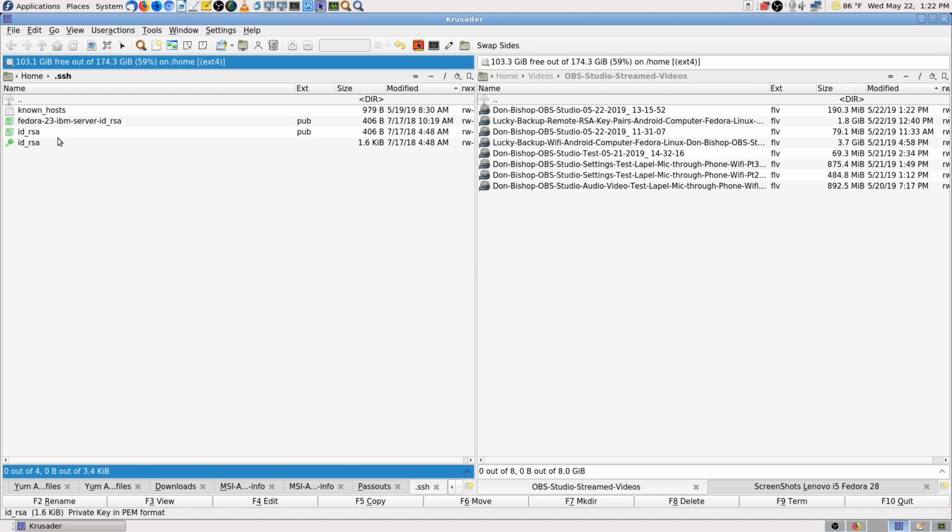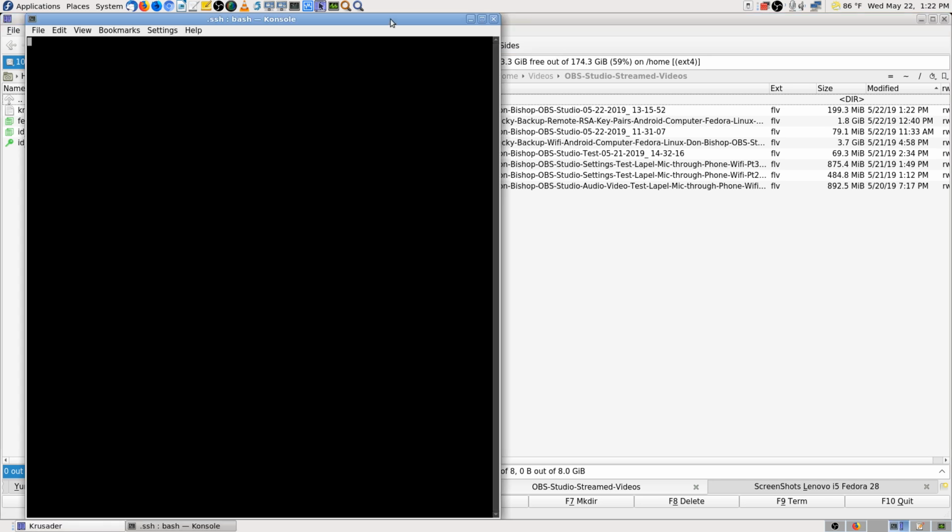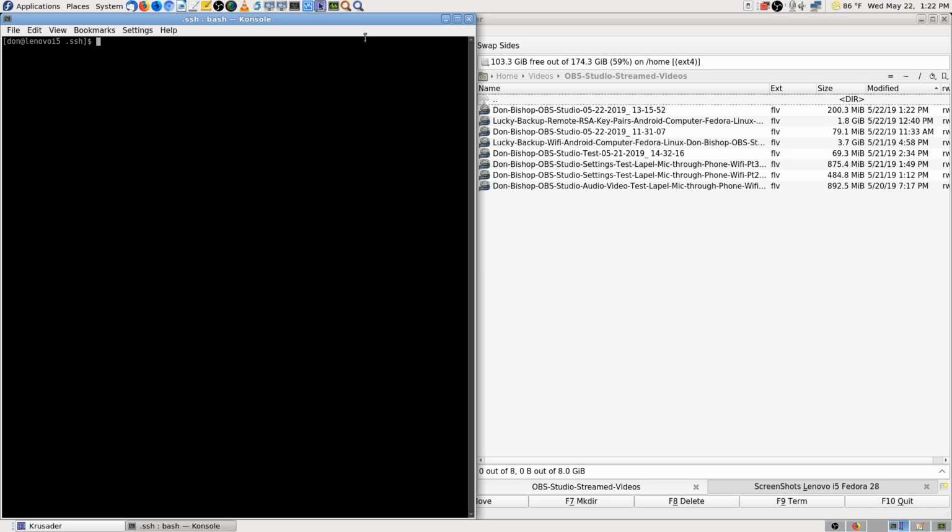I will need to copy my public key over to the phone. That's one of the other things I'll be needing to do. But yeah, I think I'll just open up my terminal in this folder, and then see in the Crusader I can just click on that and open terminal here. But then when I go log in to the phone, then